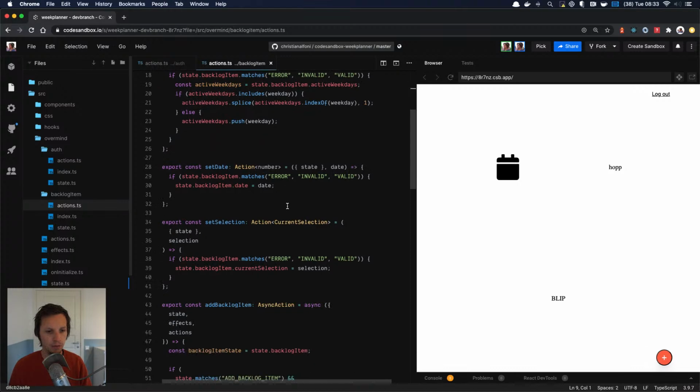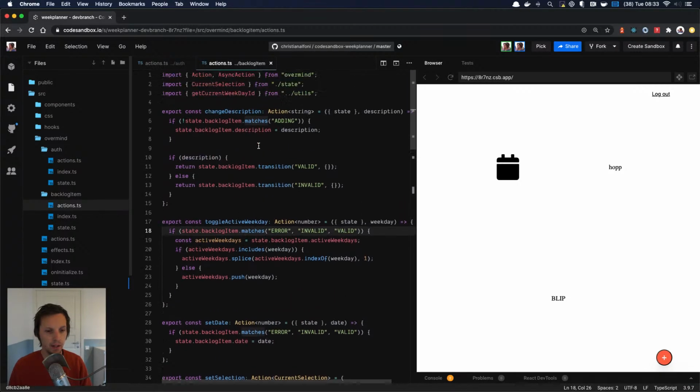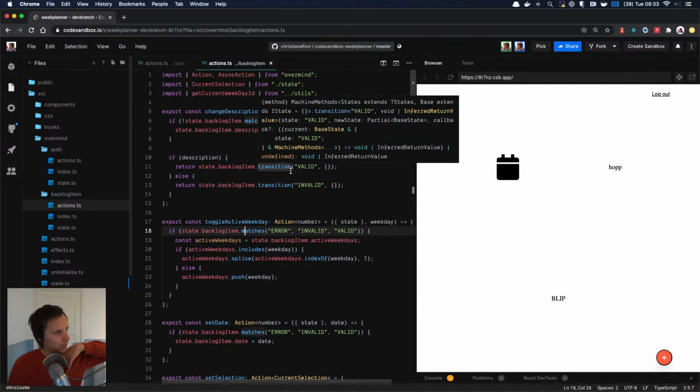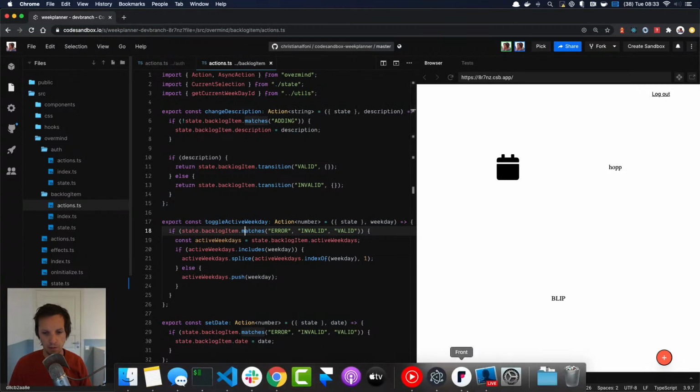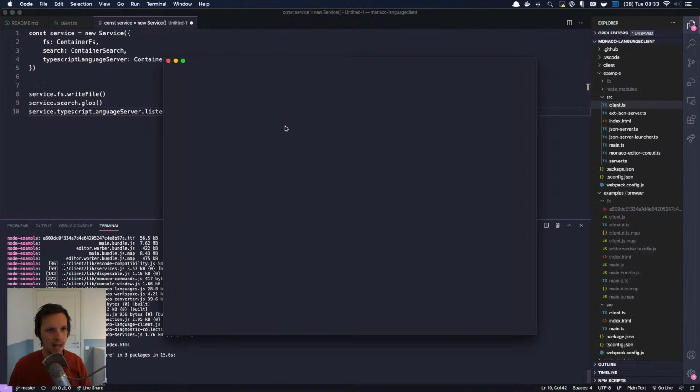Yes, and also fix the error. So now when the state machine resets its state, it's based on the keys you added last time. Oh, I just noticed. Oh, I think we have another bug, but that's okay, because I want to show you the insane